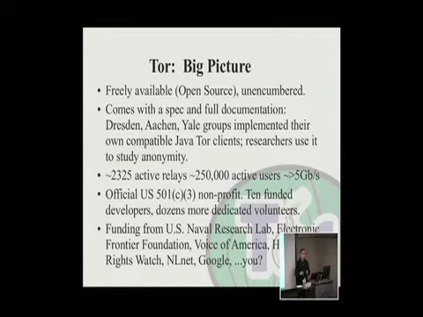The current count as of last night was 2,325 active relays in the network. So that's quite a lot of people that were running Tor as a relay wanting to help out. And as of last night, also, we had around 250,000 active users. And so this is an anonymity network, so of course it's kind of difficult to know exact numbers for the users because we don't just have a database where we look up and say how many users are on the network right now. It doesn't work that way.